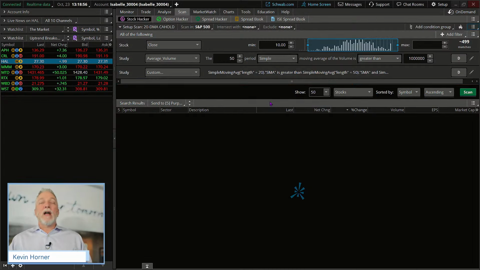Now, let's talk about how this one's built. Starting off very basically, I'm in the S&P 500 here, and I want to look for stocks that are at least $10 a share, with no maximum price. I've incorporated average volume, 50-day simple moving average, of at least 1 million shares. Why? Because I want to be a small fisherman in a very big ocean of players. I want to participate where all of the trades are. I don't want to get locked into a low volatility trade. I want to be able to enter and exit my positions, and you need volume to do that.